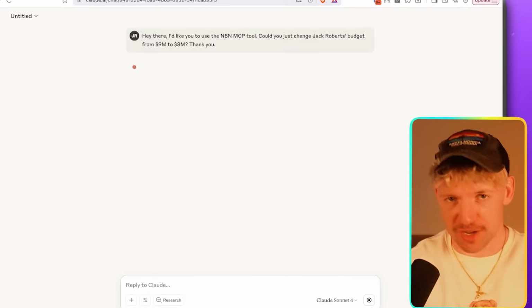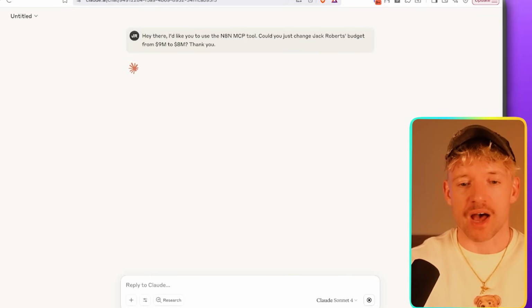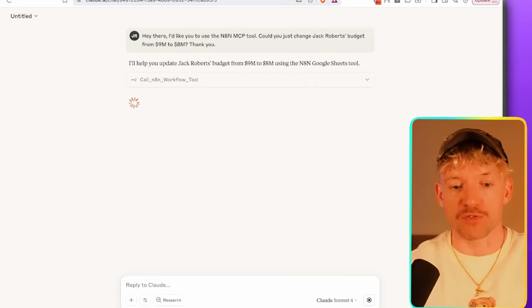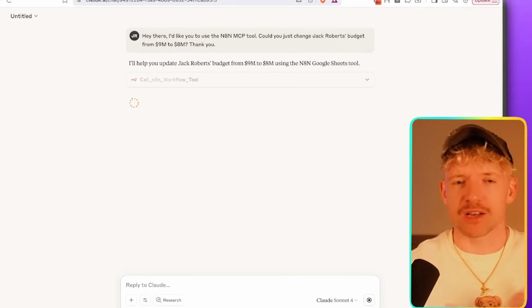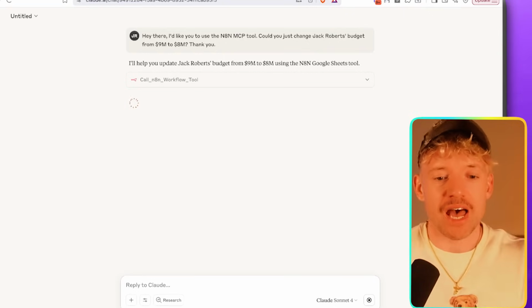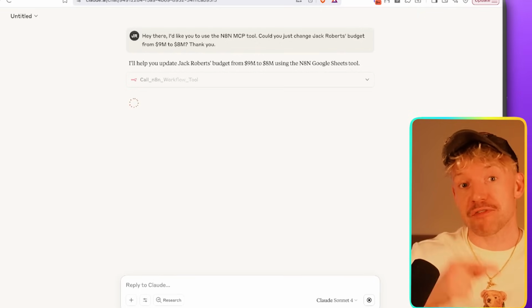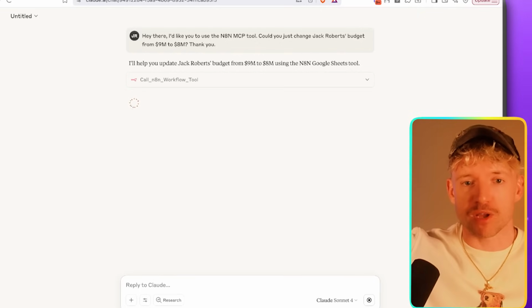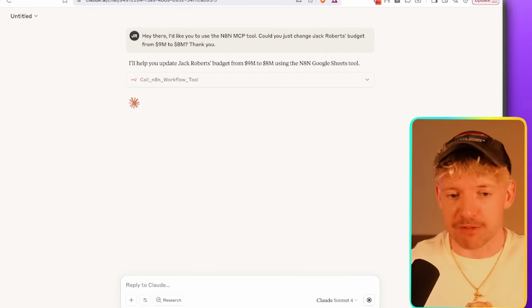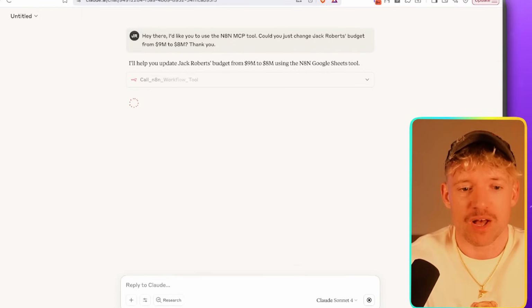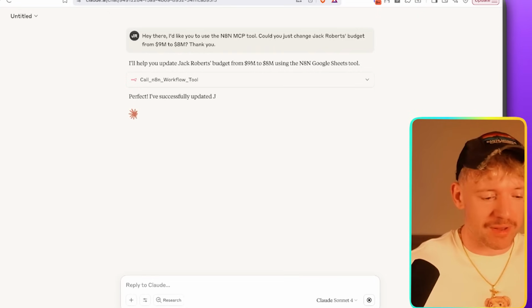Now the first thing that we're looking for here is for it to go ahead and basically call the tool. Beautiful. So it's using the N8N MCP. Guys, we just built this custom MCP. How crazy is this? And then what we're looking for it to do is just simply update it. So we know it's worked if we click on this lead pipeline document and it's gone from 8 million to 9 million. It's basically like a command center terminal that can do freaking everything for you,